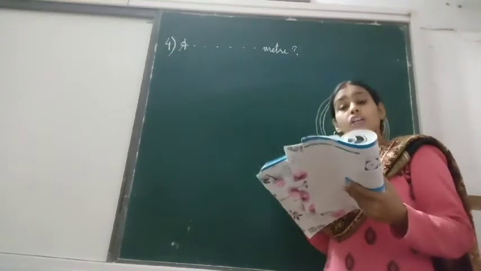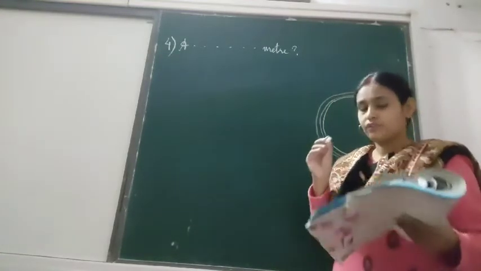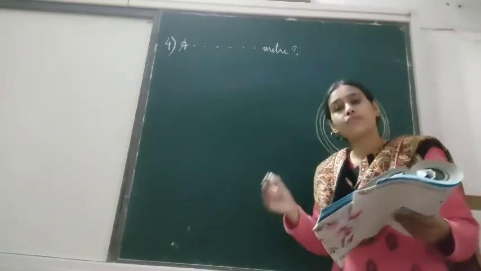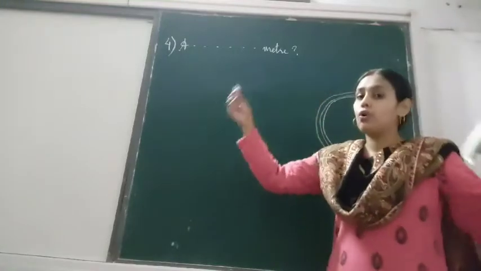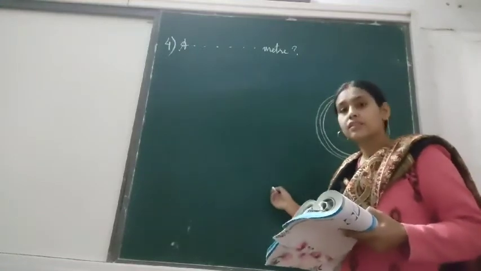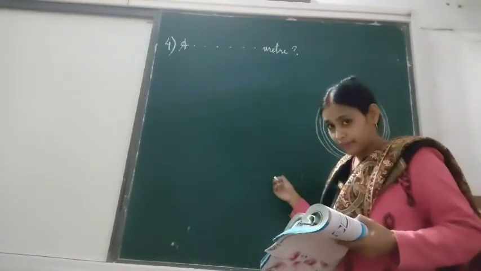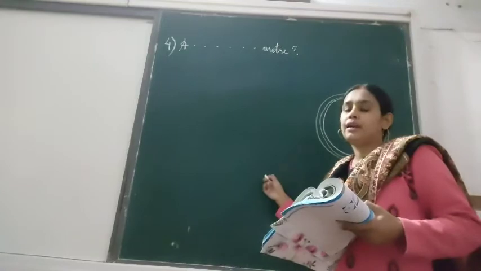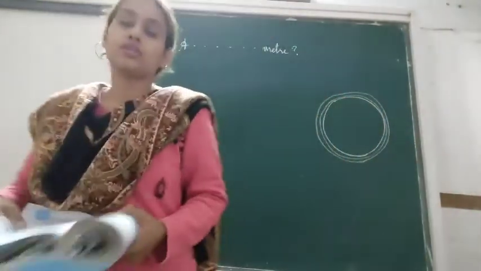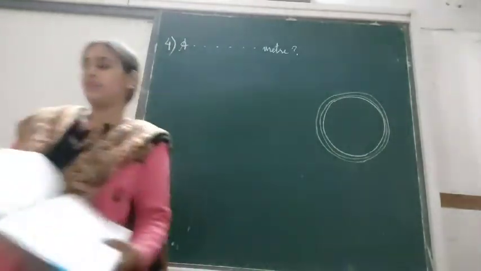Also, find out the cost of the rope. So we have to find the cost of the rope also, if 1 meter is equal to rupees 4. So what will be the cost of the total length of the rope? Since 1 is given and total is asked, we will multiply. So first we will find the circumference, then multiply by 2, and then multiply by rupees 4, to find the cost of the rope.